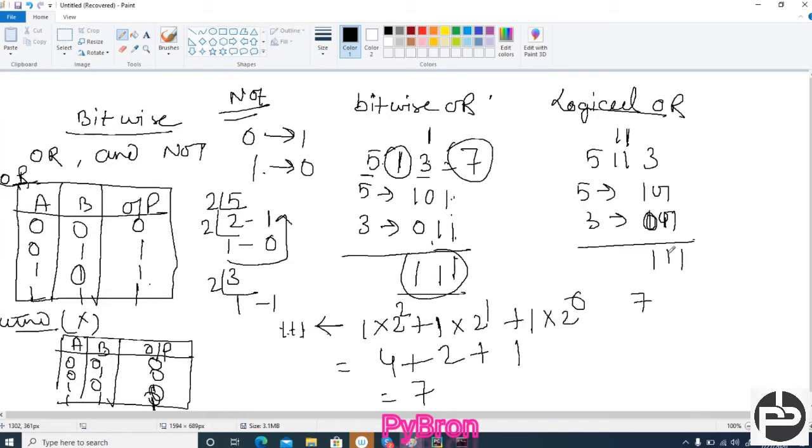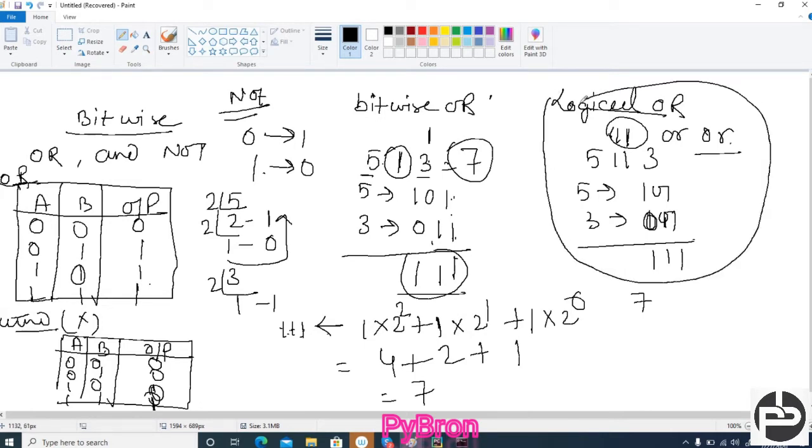Oh, okay, no worries. And in the case of Python, you can define the OR operator like this, or you can define it like this also, or. Both will work. Now I'm going to explain the difference between logical and bitwise. Just allow me some time, I'll help you out. Let's see what the difference is between the bitwise operator and the logical OR operator.